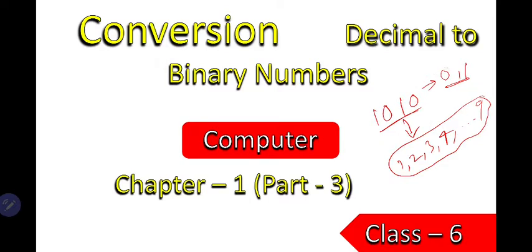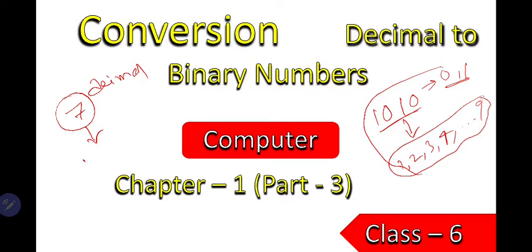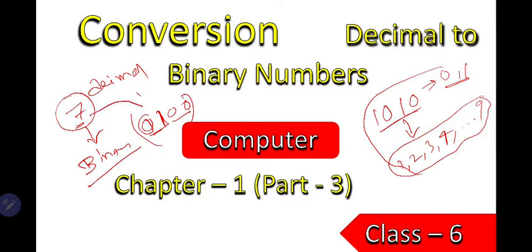For example, last class was from binary to decimal. Now if the question is like 7, this is your decimal number. How will you convert it into a binary number? So 7 is in the form of 1, 2, 3, 4, 5, 6, 7. This means decimal. So you need to convert it in the form of 0 and 1, in this way, because 0 and 1 means only binary. So you need to convert this into this format. So how will you do it? This is very simple. Just pay attention.